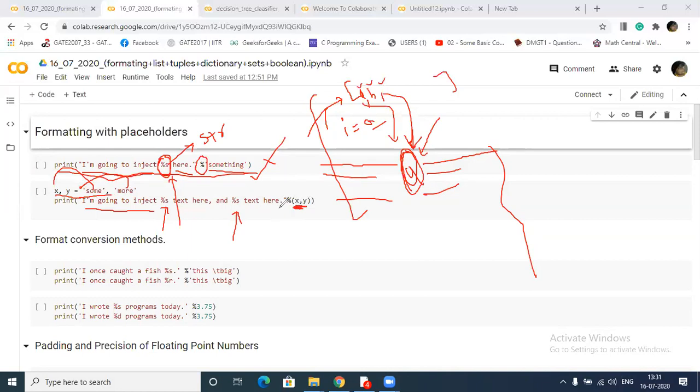This is the structure, or syntax. Automatically what we stored in X goes here, and by default the other goes here. Later we will see that we can change this using the format placeholder. Till now it's clear.